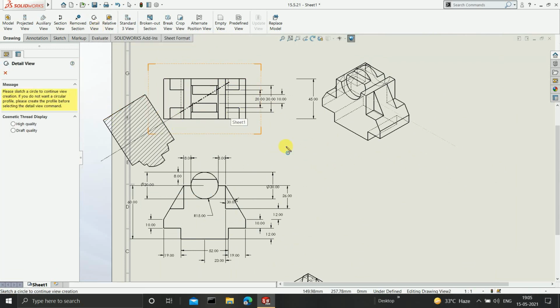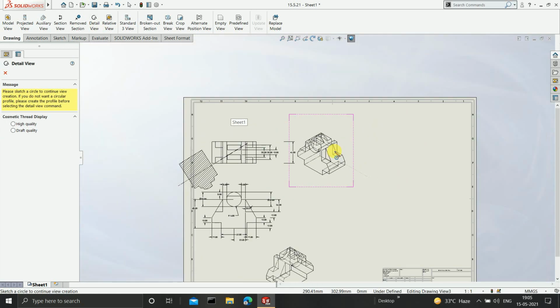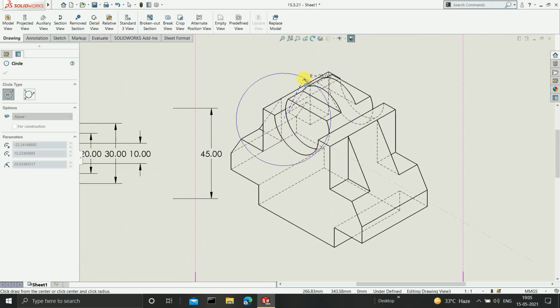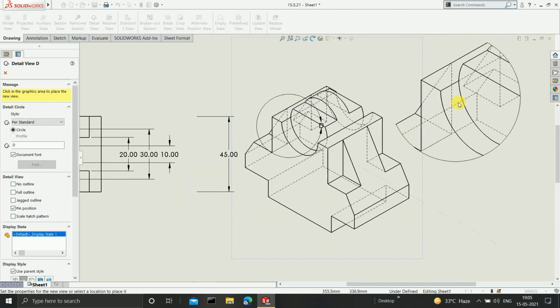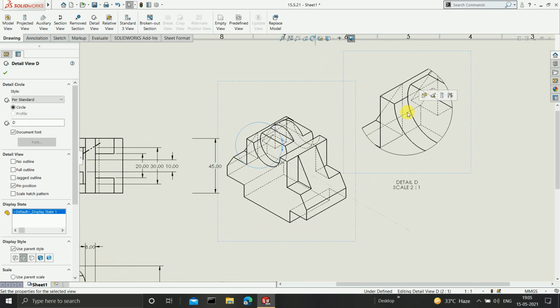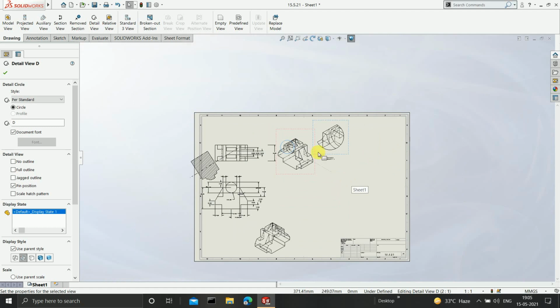Now after this, there is one more interesting view, that is the detail view. In the detail view, you have to simply draw one circle wherever you find that the drawing is complex. So suppose, for example, I cannot distinguish between the drawing, so I'll draw one circle over here. And now you will get a detail view of that. In short, it is going to give you one zoom in view. It is going to enlarge that particular section of the drawing. So wherever you draw the circle, that particular region is going to get enlarged and you will get the view known as the detail view.